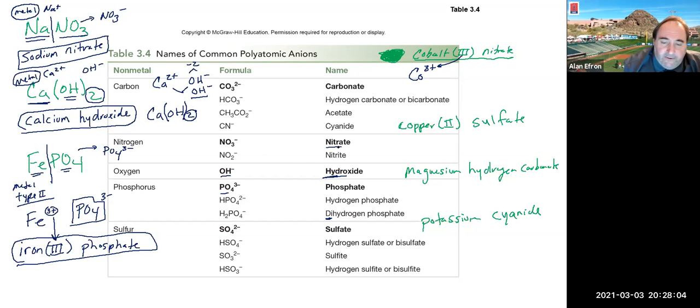Nitrate, again, I could go to my table here once I learn it and know that it is NO3-. Again, remembering that this entire thing is 1 unit with a -1 charge. What that means is to balance out the charge, you need 1 more, and you need 1 more of those guys. That gives you a -3 to balance out the +3 here. And now we can put our formula together,